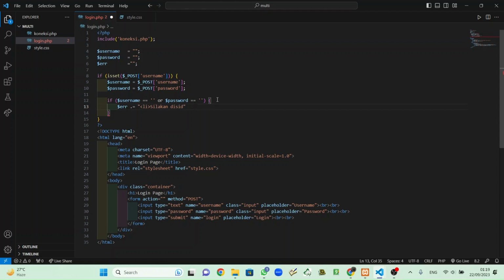We put here, inside here, "Silakan masukkan username and password." Okay, and put semicolon here. Okay, this is for if the username is equal to 0 and also password equal to 0, or